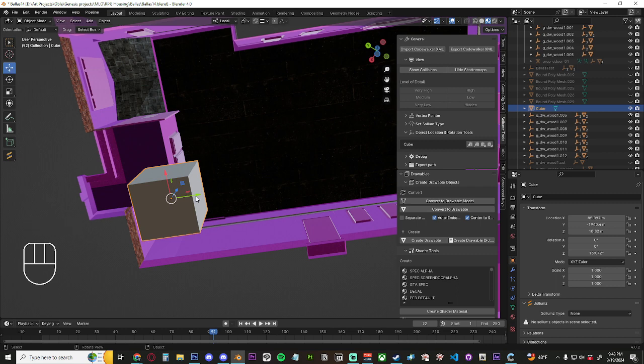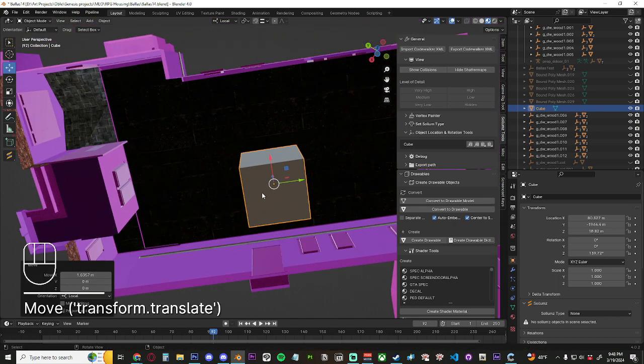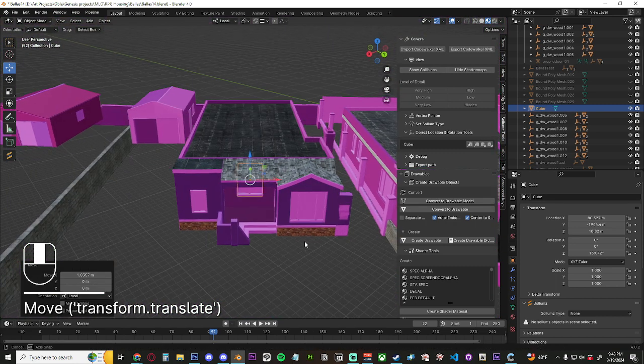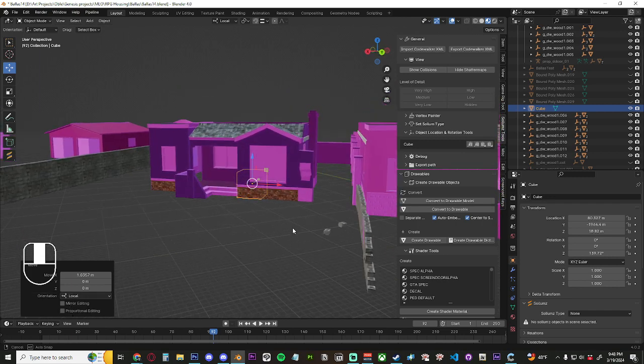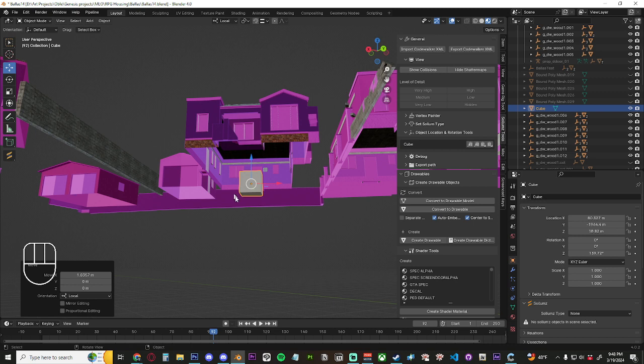I've got my move tool. I'm going to move it on down. Just going to kind of get it in a better area. All right, so now that I at least have a good rotation and location for my shell, I'm going to